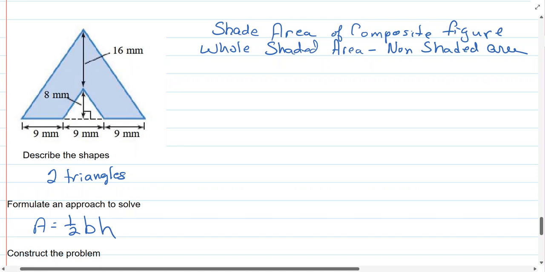All right. So we see that the base of the large triangle is 27 millimeters. And the height, that's the base. And the height of the large is 8 and 16. So we have the big. Now the small,